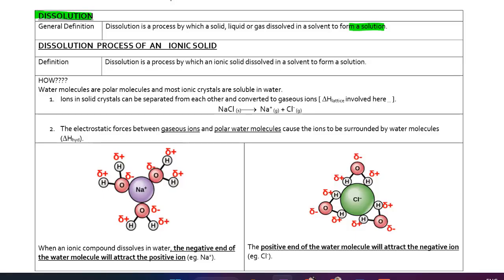Okay, dissolution process. The general idea of dissolution process is a process by which solid, liquid, or gas dissolve in a solvent to form a solution. For example, you have a solid, sugar. So sugar dissolves in water to form a solution, air gula. So your solid is sugar, water is the solvent, you mix together, so it will form a solution